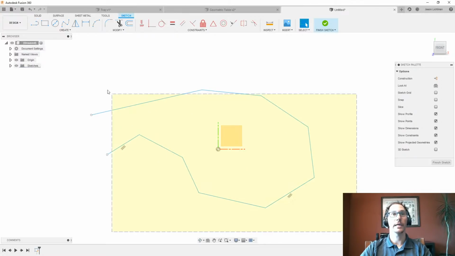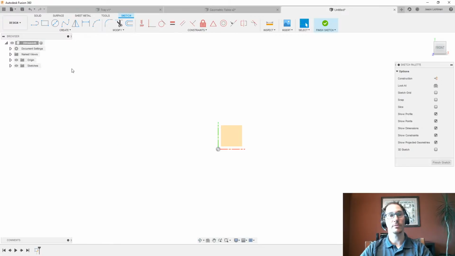Cool. Let's do that again. I'm going to start that from scratch. I'm hitting L for line this time. And this time, instead of dragging it at an angle, I'm going to drag this nearly horizontal. And you'll notice that a little blue icon shows up just to the left of my mouse. And it's telling me that if I click again, it's going to put this point here, but it's going